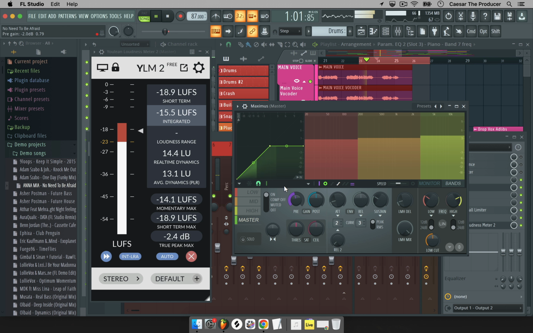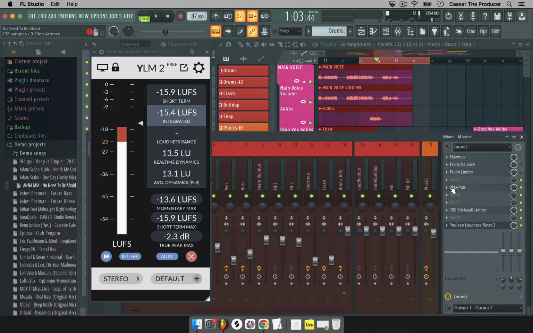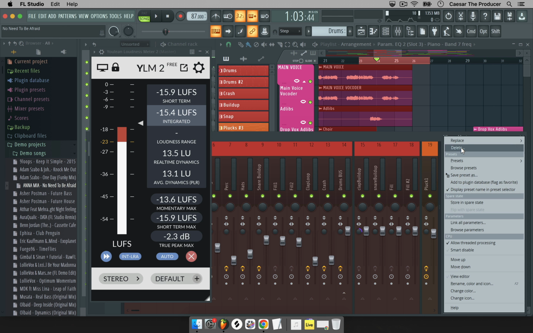So this is where you see now, before we were at minus 13, but now we came down and we are around minus 15.4. I think I also saw minus 16 there. Sorry. So this is something that you're able to do, and this is how you're able to work with the LUFS here. Okay, so the last thing I want to show you